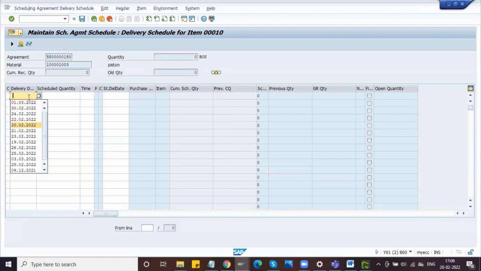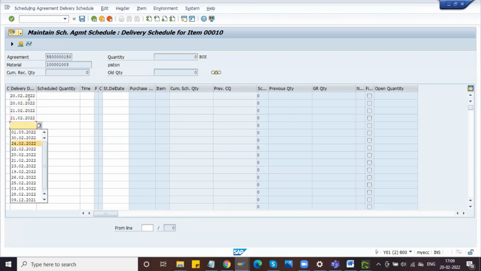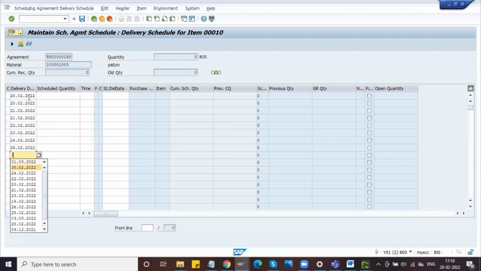And let us go today's date 20, 20, 21, 21, 22, 23, 24. Let us take 26. And again 26, and let's take